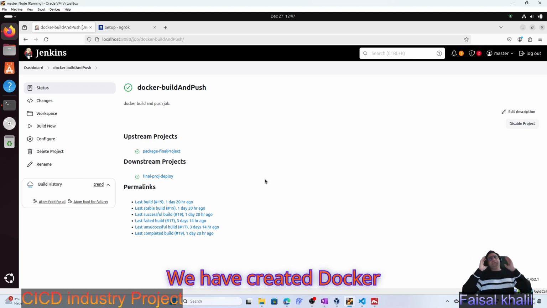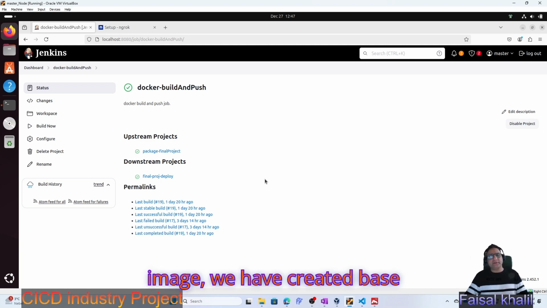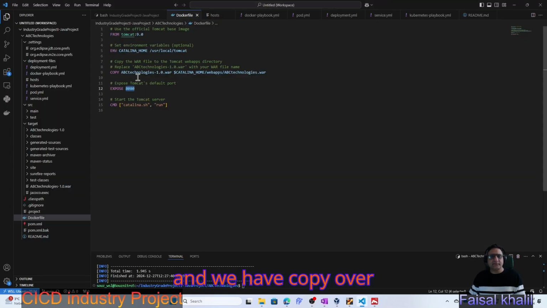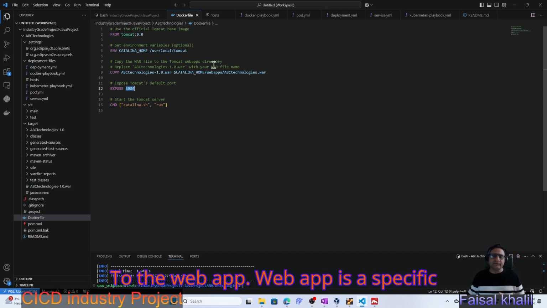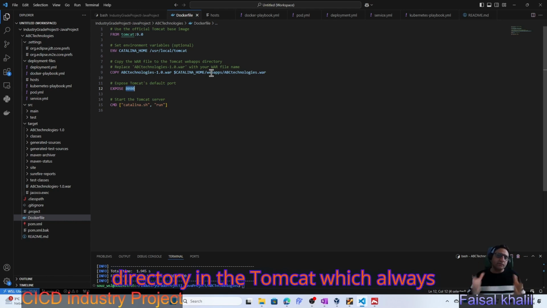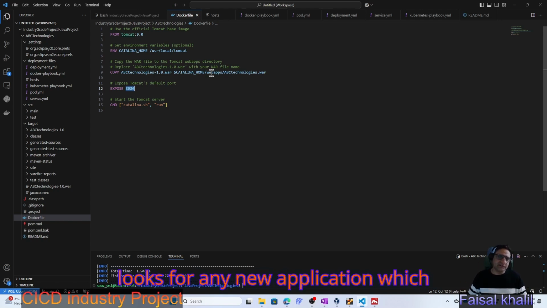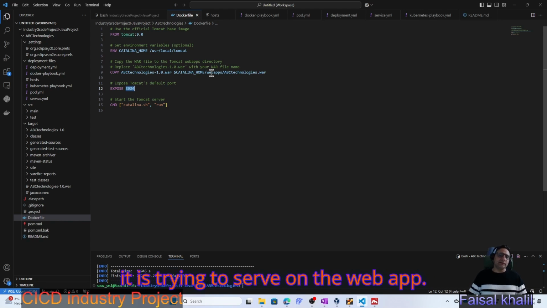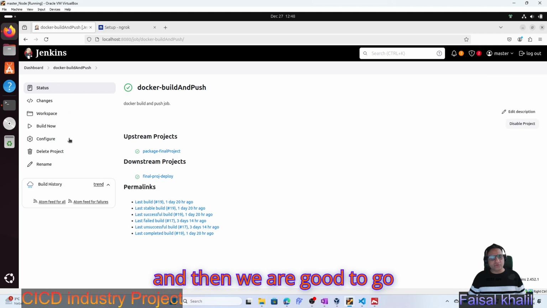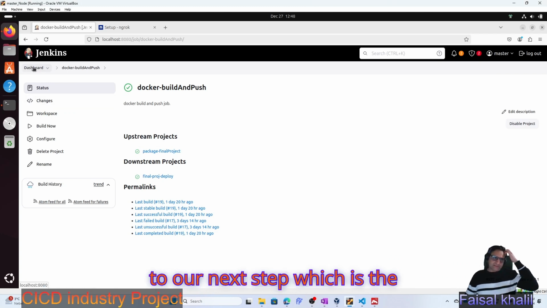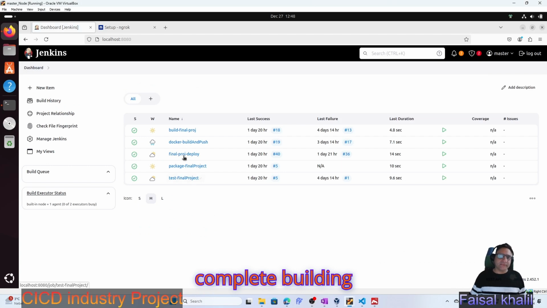Now we have the second step. We have created the Docker image. We have created a base image from Tomcat here, and we have copied our built, completely packaged .war app to the webapps directory. Webapps is a specific directory in Tomcat which always looks for any new application it is trying to serve. Great, that works. And then we are good to go to our next step, which is the complete building pipeline,